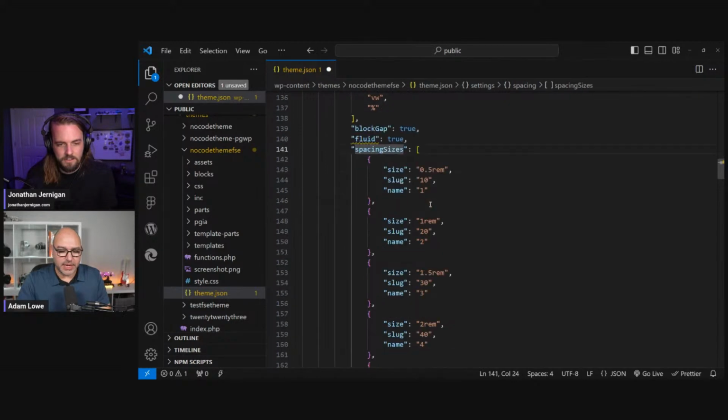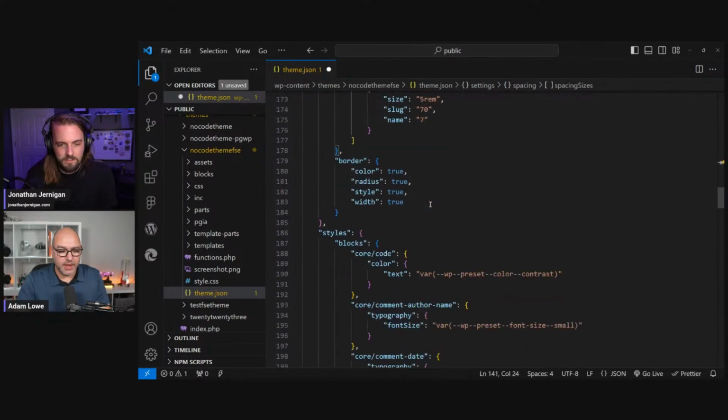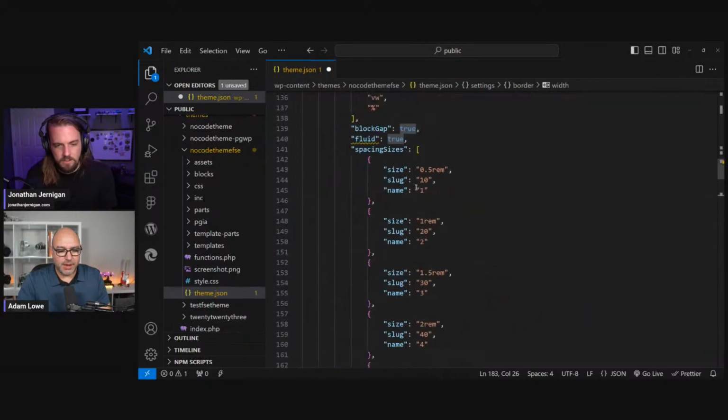But here we go. So spacing sizes, this is where I'm setting my default spacing. Border, this is saying I want to allow people to set border color, radius, style, width. This is just saying I want to enable those controls. So with these things enabled,